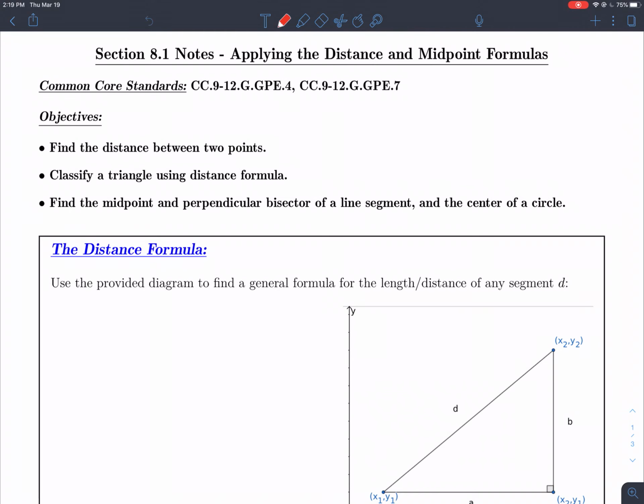Hi guys, so let's talk about section 8.1. This is actually kind of review from maybe Algebra 1, maybe even pre-algebra. Definitely did this in geometry as well, so you've done this a lot, even recently as last year. But yeah, so we just want to do some basics for chapter 8.1, distance formula, midpoint formula, and then some